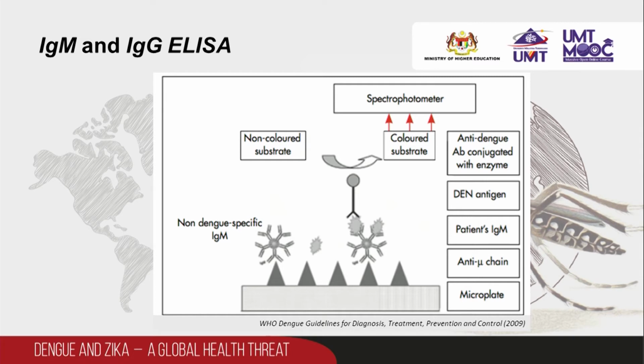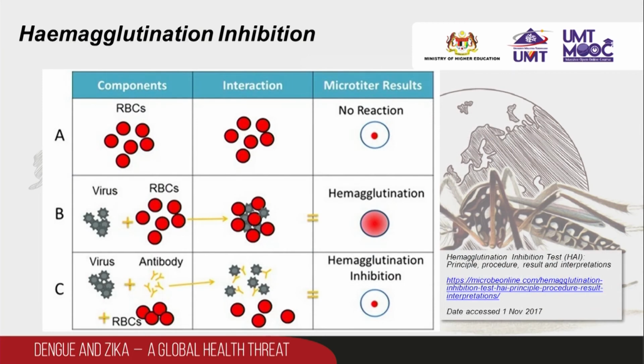The IgG ELISA used for the detection of a past dengue infection utilizes the same viral antigen as the IgM ELISA. Hemagglutination assay is a serological assay used to detect the presence of certain types of viruses in patient serum. Serum is a liquid fraction of blood plasma from which clotting factors have been removed. Serum can be used in hemagglutination assay to detect specific types of viruses in the patient's sample.